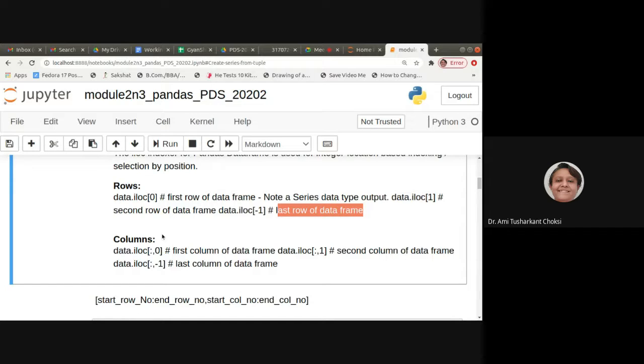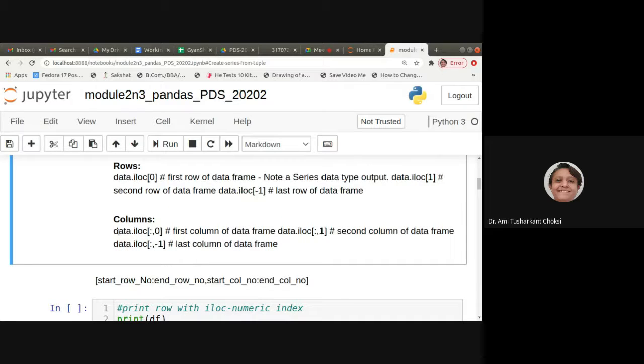Got the point? Columns. For that we can say data.iloc. Now this was for the row, right? Now we want to provide for the column. So nothing is there for the row, then we can say comma and provide the column value, right? If I give it this way, it is the first column of the data frame.